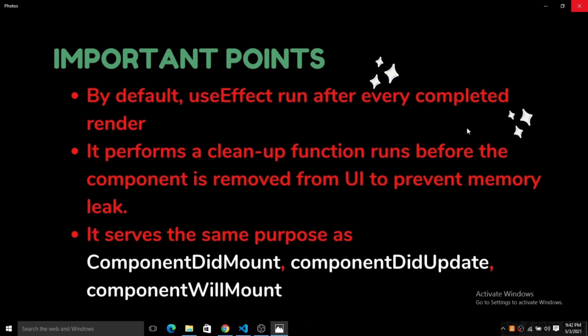You can simply use useEffect to overcome the difficulty of having three separate functions. Basically, useEffect will do exactly the same thing that these three functions do. So it is very easy for us to use useEffect.